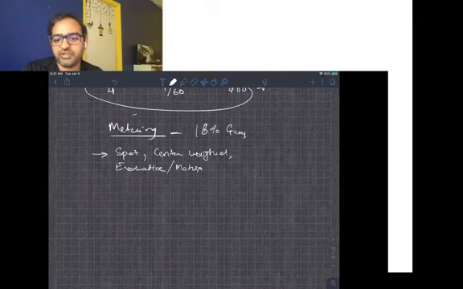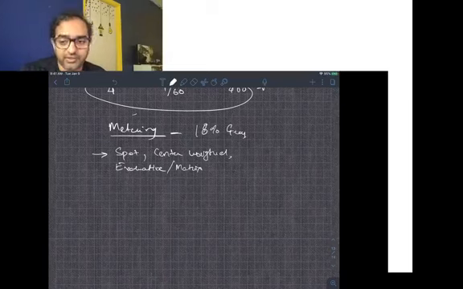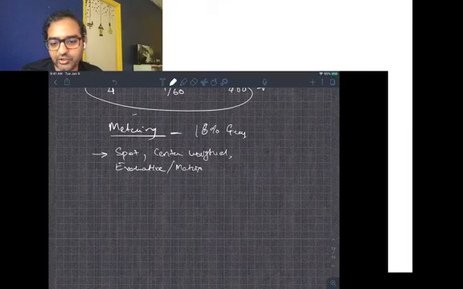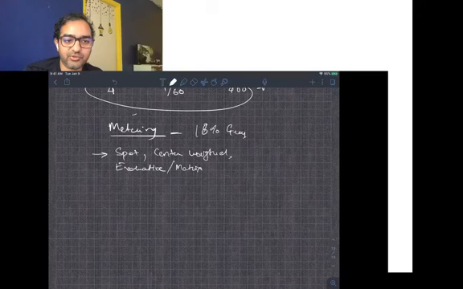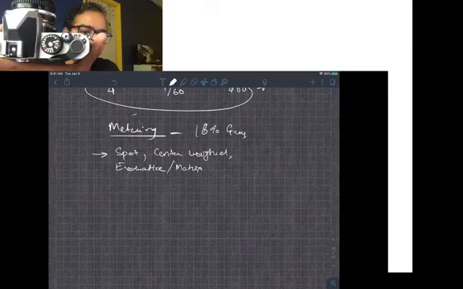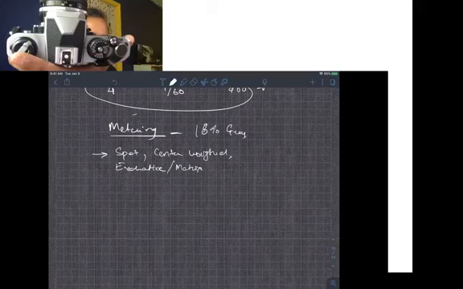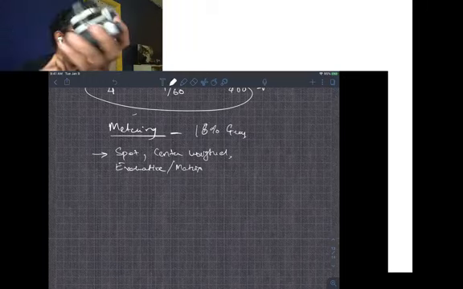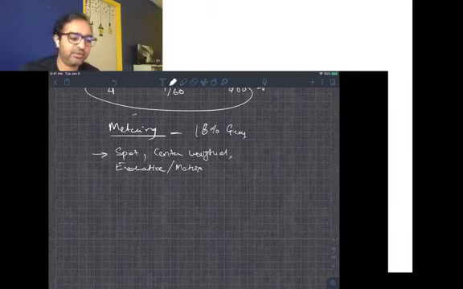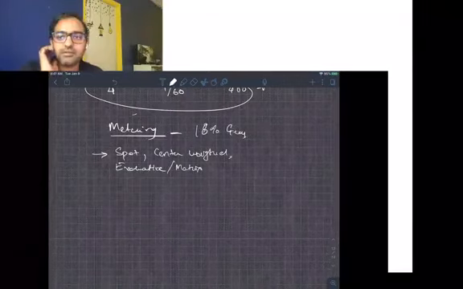Does the metering mode change if you put the camera in night mode? Definitely it does. Sorry, I should be clear. Night mode is generally an amateur mode used in point and shoot cameras. The reason is that it takes away most of your decisions. So if you look at my film camera, this doesn't have any modes. It doesn't have a night mode. It doesn't have any kind of modes on it. So the photographer is supposed to determine what the appropriate mode is for that scene based on the light meter readings and based on a bunch of other stuff. So night mode is basically an amateur mode that's given to you with a camera.